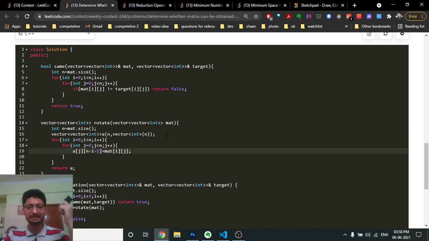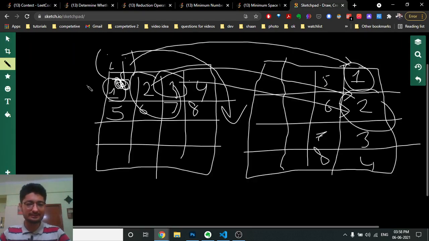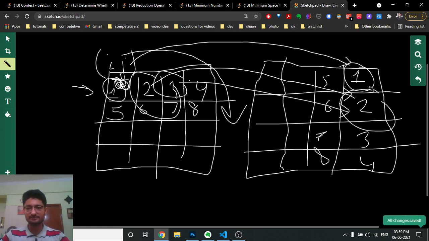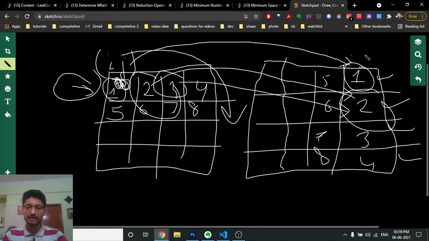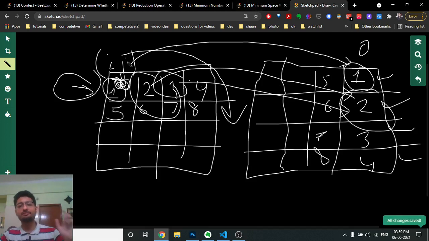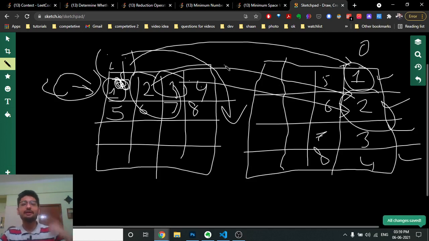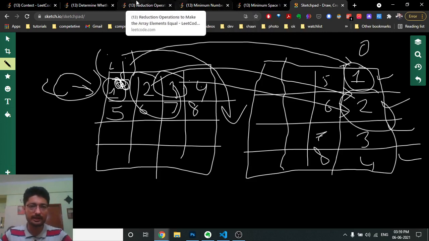Okay, so what does this mean? As you can see, whatever is the column in which we are. So which column are we in? We are in the first column, second column, third column, fourth column. In this, we are filling like this because we are in the first row, second row, third row, fourth row. So it is moving in place like a column. As we move in the column, we are moving in the row. Okay, and if we are in the first row, eventually we are in the last column. So if we are on the ith row, then we are in the n minus i minus 1 column, which is the last column, and so on.